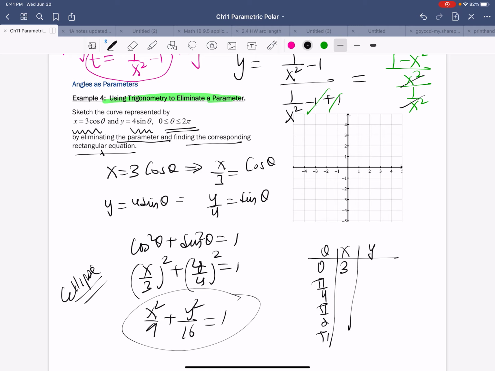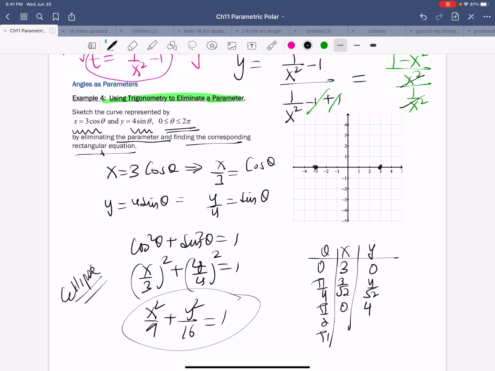Y would be 4 sine theta, so y is going to equal 0. When we have pi over 4, x is going to be 3 over root 2, and y is going to be 4 over root 2. And when theta is pi over 2, cosine of pi over 2 is 0, and sine would be 1, so y is 4. So use this technique and go ahead and plot these points, and you would be able to see